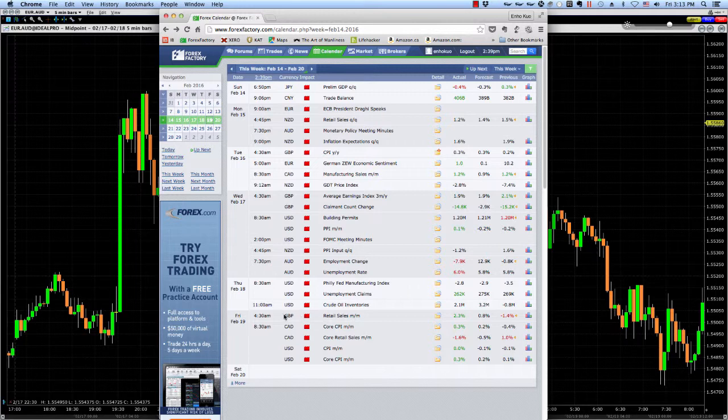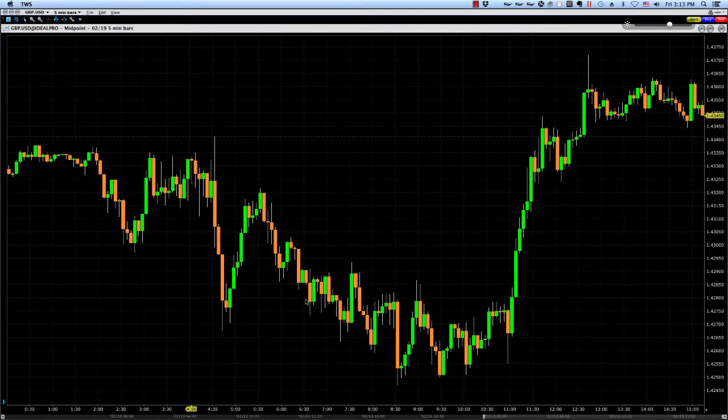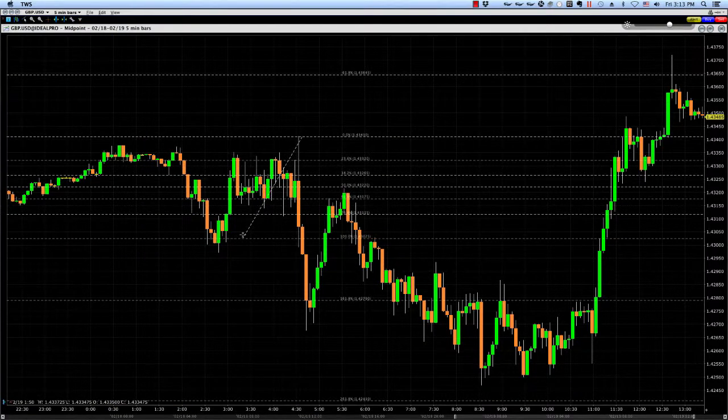We have British pound retail sale and Canadian dollar and Euro, US dollar. Look at that. There's huge differences. Retail sale, British pound, and let's just say you do cable, right? Today 4:30 is this one. So if you do this one, as soon as you see this candle, you put a Fibonacci chart into it,